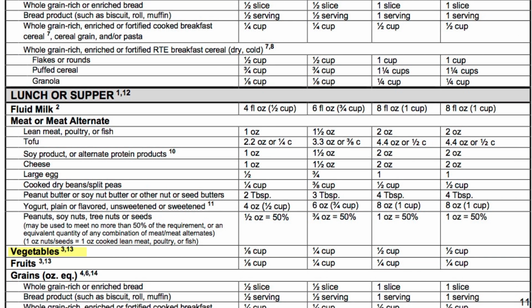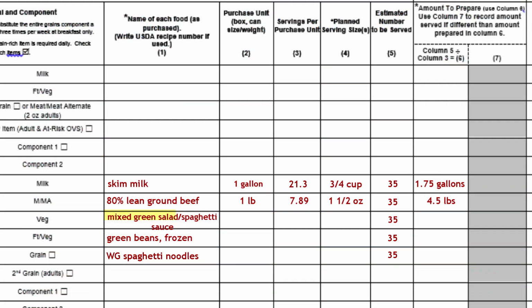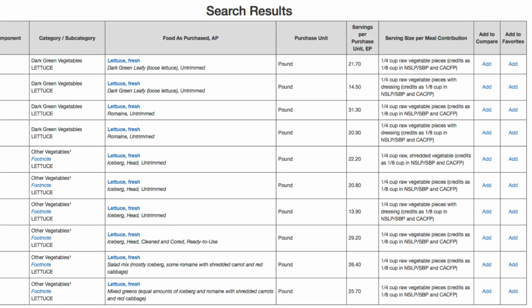Next is the vegetable component. 1/4 cup is required by the meal pattern. A mixed green salad is used for the vegetable component. When searching for lettuce in the food buying guide, note there are several different types. In the example, mixed greens with equal amounts of iceberg and romaine with shredded carrots and red cabbage is used. Also note from the serving size per meal contribution column that 1/4 cup raw vegetables credits only as 1/8 cup of vegetables. Because spaghetti sauce is also served at this meal, the 1/4 cup vegetable serving for 3 to 5-year-olds will be